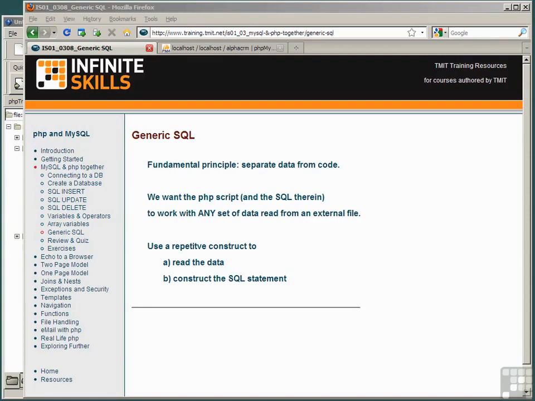To date, we've created SQL commands purely as text incorporating the data. As a general principle, we always seek to separate data from code. We want our PHP scripts and the SQL scripts contained in them to work independently of any data sets we might use. Here we're going to use a repetitive PHP structure to read a separate data file and construct the